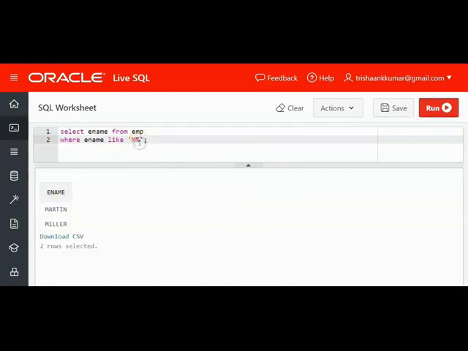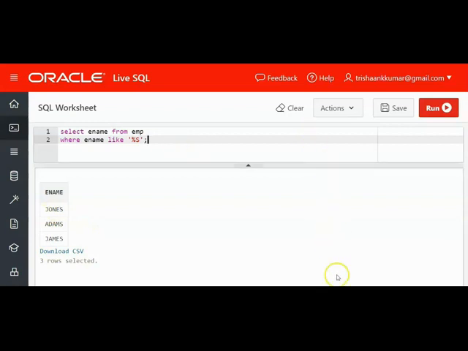Now similarly, what if I take something like this, ends with M, percent M. The start can be anything. Our requirement is only whether the ending is M or not. We are not bothered about the rest. So we have no employee ending with M. So we'll take S for example: Johns, Adams, James. All these values have the last letter as S. So I hope you are getting clarity.